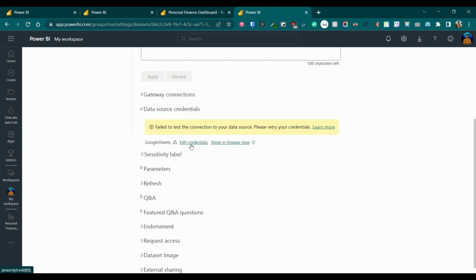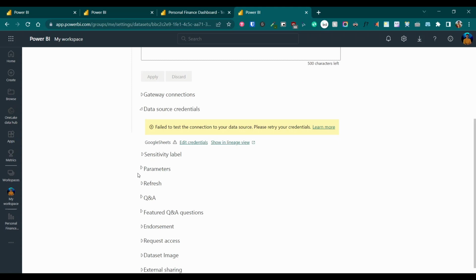Since this is not directly within the Microsoft account, you would have to authenticate Power BI to access the Google Sheets from the Power BI service. So you would have to hit edit credentials and then grant the access for Google Sheets to Power BI.